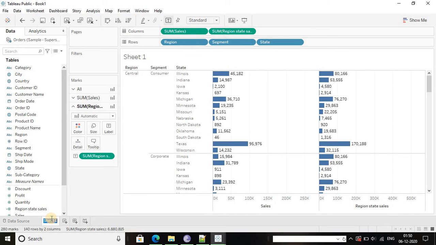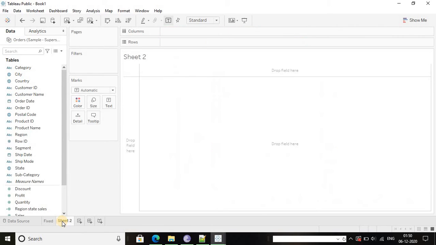So this is the concept of fixed. Next we are going to see the exclude graph. The exclude is used to neglect the view in the granularity level, which will be excluded through the aggregation.